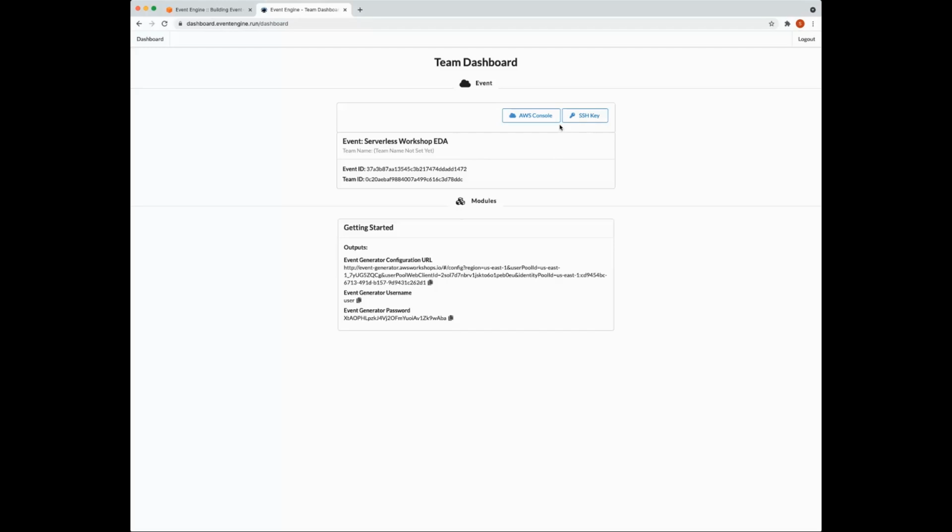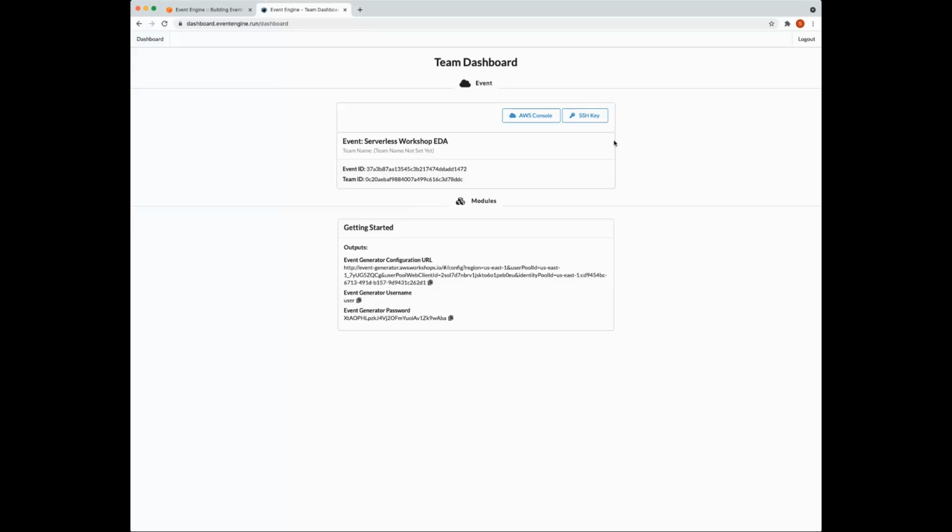Now, upon successful login, and I'm not going to go too fast, I'm going to give you all a few seconds to get through the login process. But I'm going to talk through some of the things you'll see on the screen. You'll be prompted with a dashboard which contains a link to the AWS console, which we'll be using today.